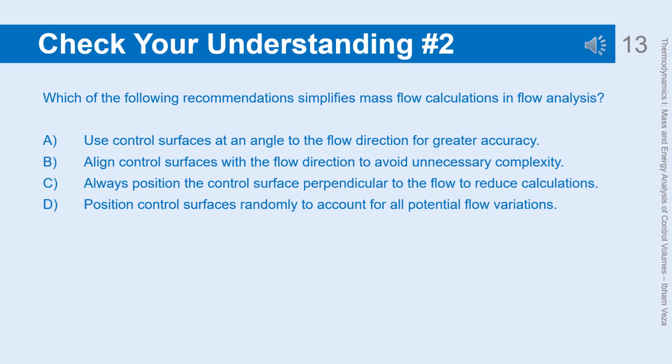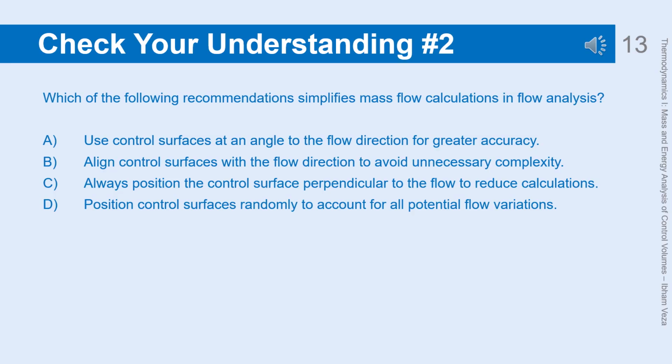This is incorrect because using control surfaces at an angle increases complexity in calculating the normal velocity component, which is unnecessary if the surface is aligned with the flow direction. B. Align control surfaces with the flow direction to avoid unnecessary complexity. This is the correct answer because aligning the control surface with the flow direction simplifies calculations by directly considering the